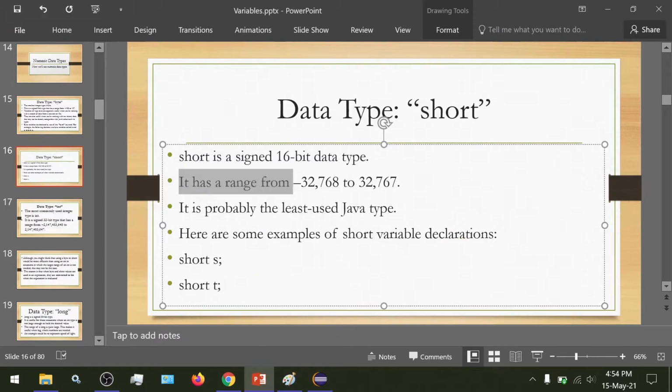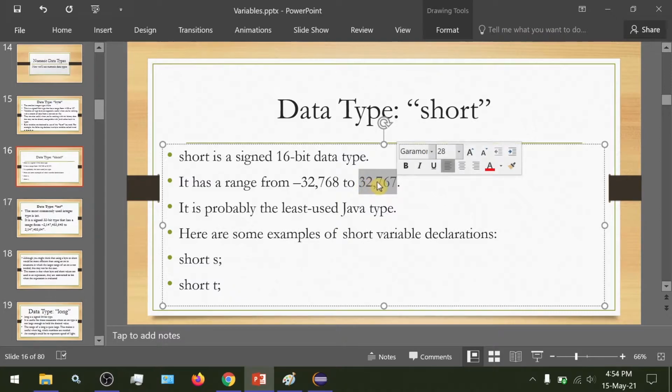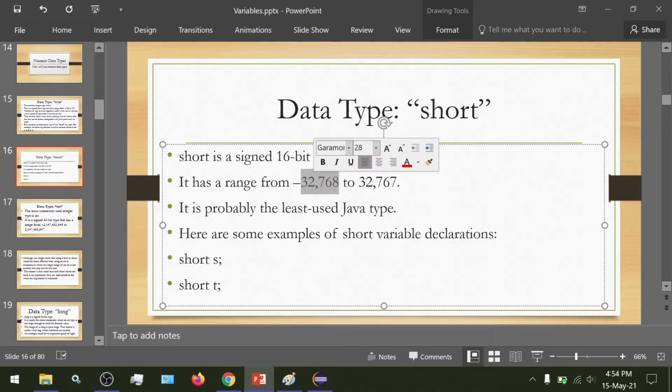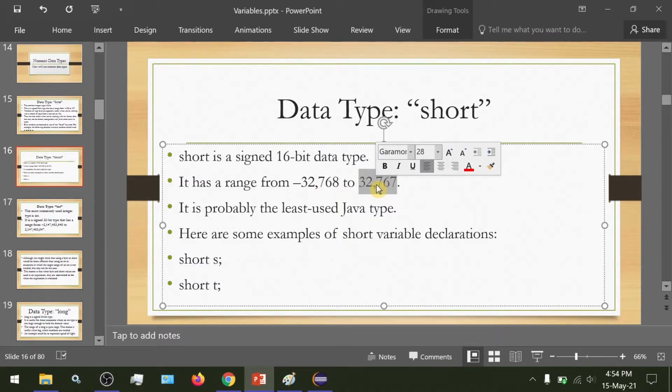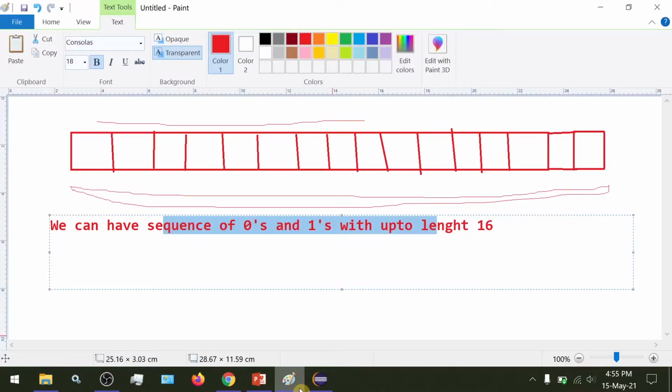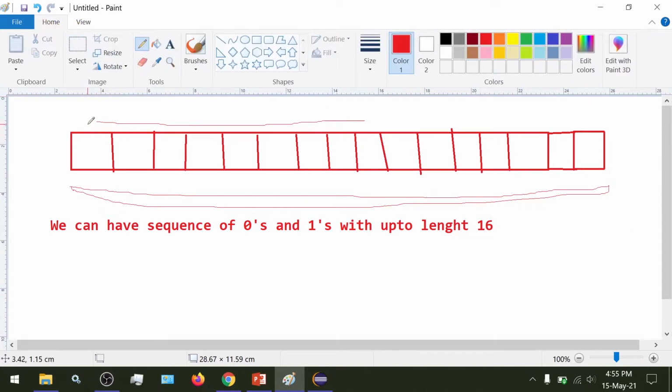Then it has a range from minus 32,768 to positive 32,767. This is the range of the data type short. Let's understand this. 16 bits is 2 bytes, because 1 byte is 8 bits.